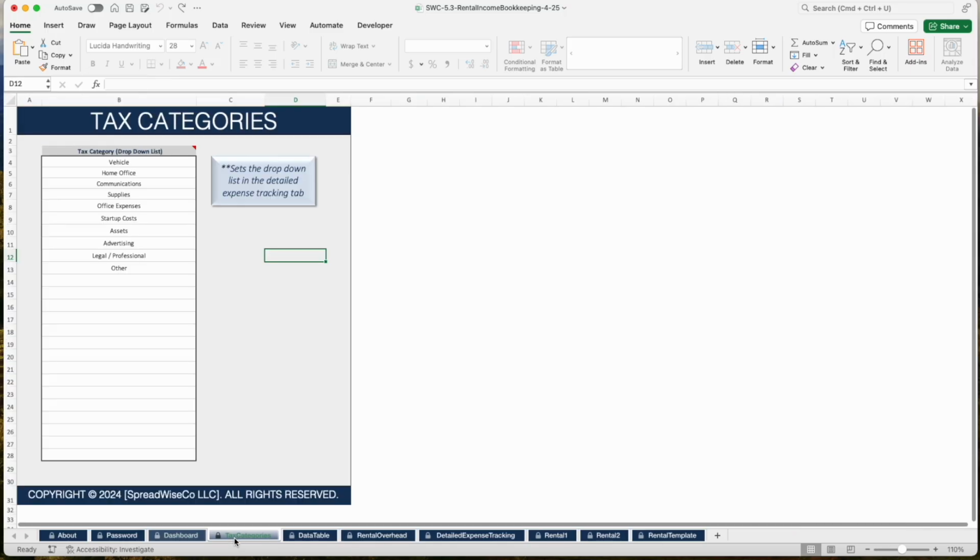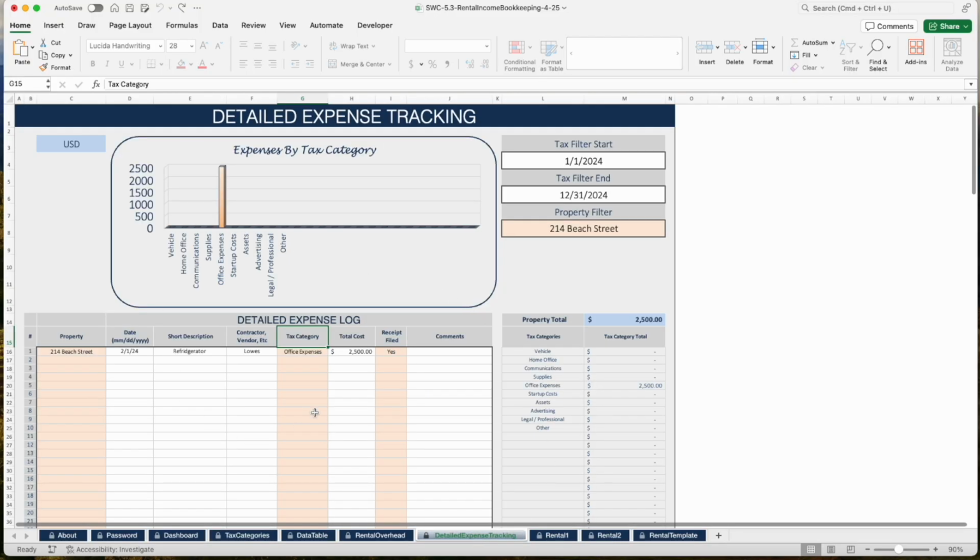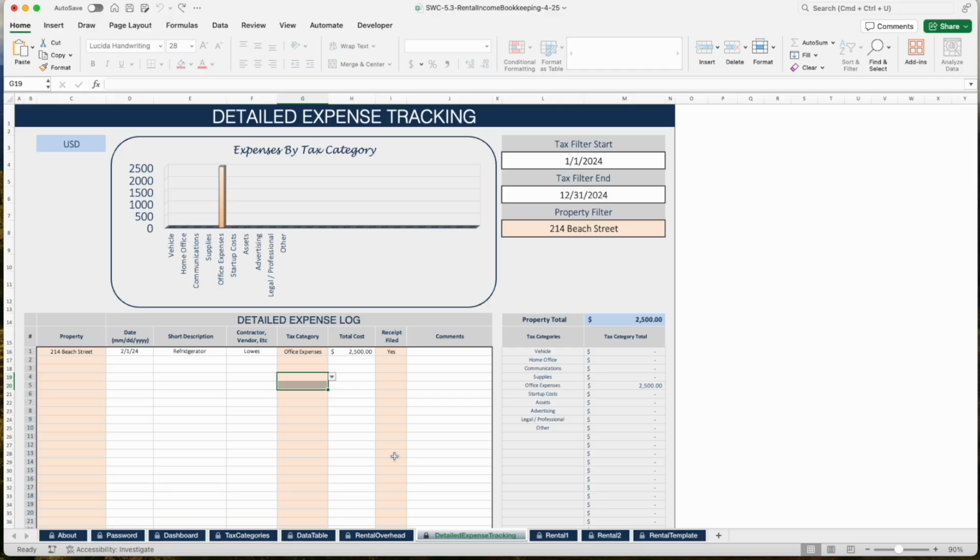So next you've got tax categories. You don't have to spend much time in this, especially when you're just getting started, but there may be something you want to update later. So these tax categories will provide your drop-down tax category list in your detailed expense tracking for the properties. As you're logging expenses, you can log which kind of tax category that falls into. And then at the end of the year, when you're ready to do your taxes, this will simplify things and take you